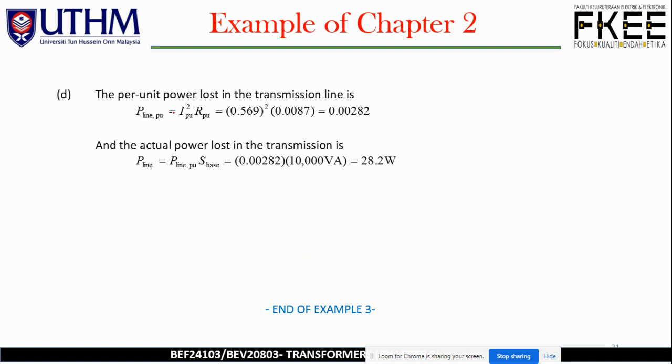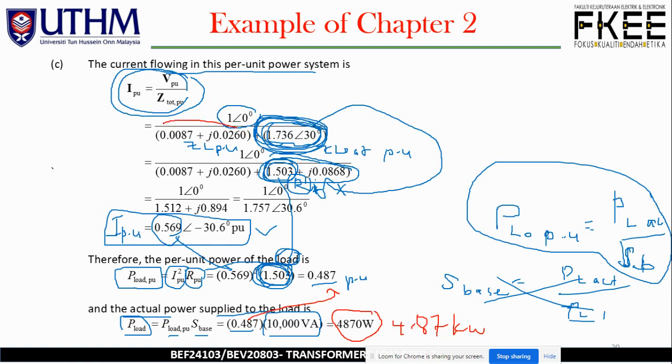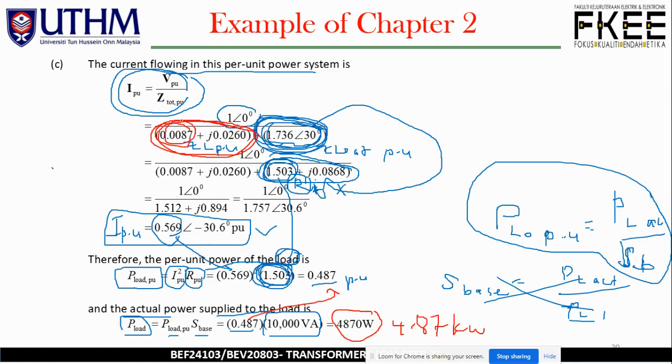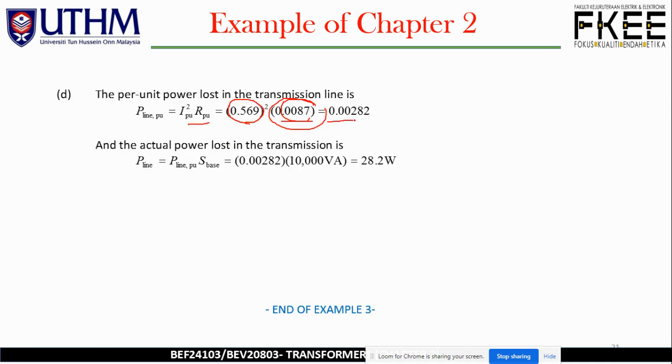And then the PU power loss in the transmission line is P line PU equal to I square PU R PU. So this is equal to 0.569. The same value of I, but now we take the value of R from the transmission line. I believe this part belongs to the transmission line or the Z line PU. So take the R value 0.087, right? 0.087 over here. And giving the P line PU